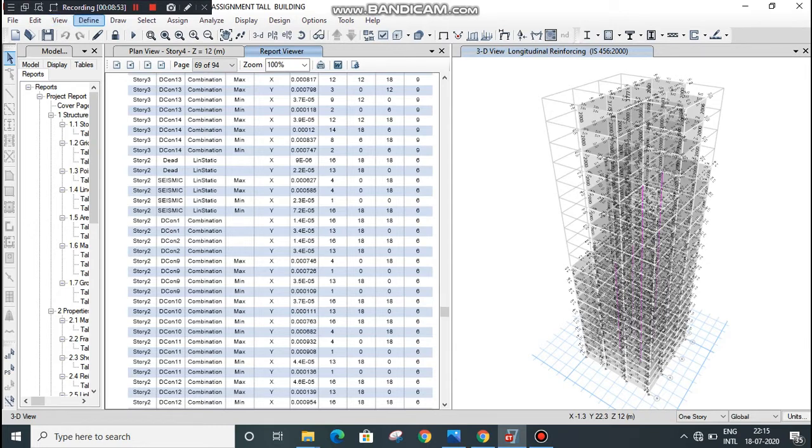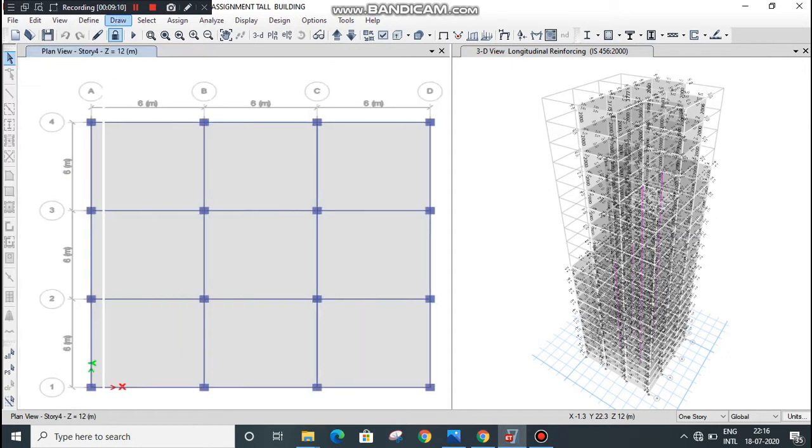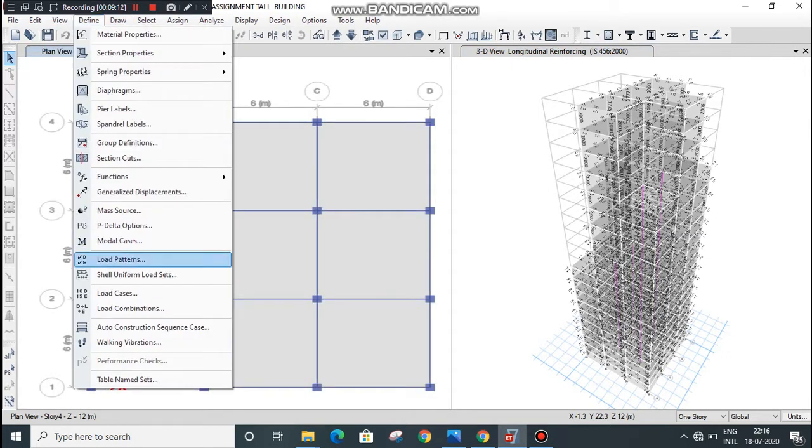Now we will analyze and design this building using the response spectrum method and time history analyze method. Therefore go to define menu and go to load pattern.